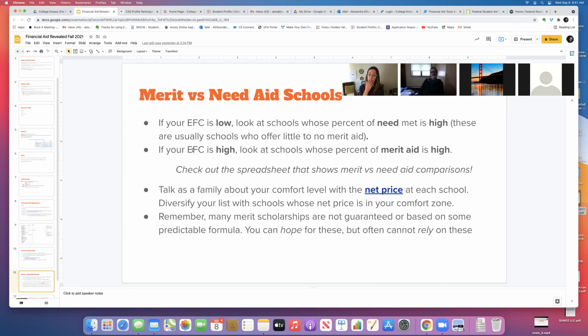So those net price calculators are fairly accurate when it comes to need-based aid, less accurate if you're trying to estimate merit aid. Occasionally, the net price calculators will ask for GPA and say, based on this reported GPA, you might qualify for this merit scholarship, but that is certainly not as accurate, not as predictable as need-based aid is. So you can probably gather from what I've been saying, merit scholarships are very subjective. They're not predictable, not black and white.